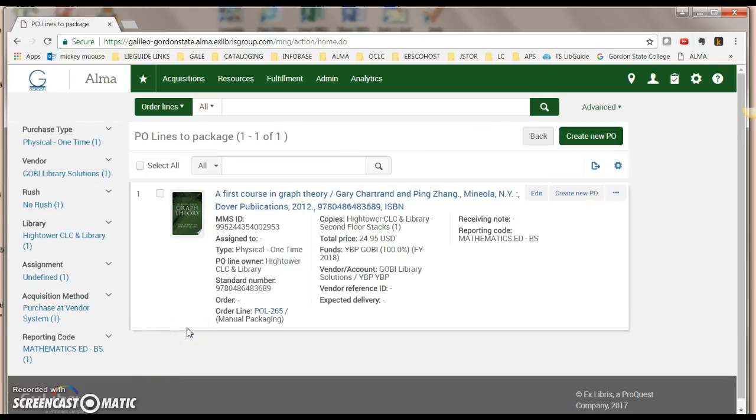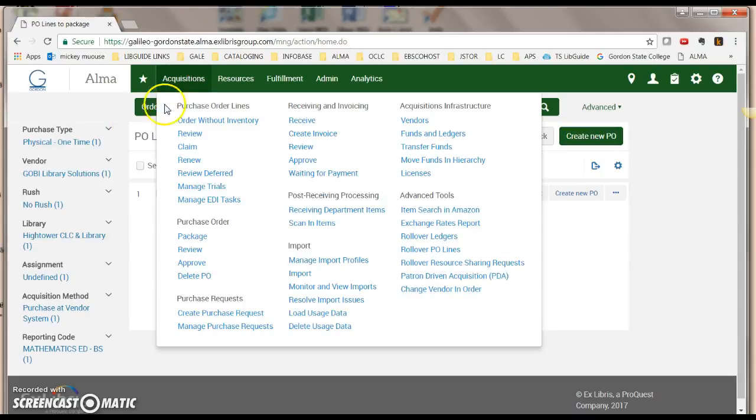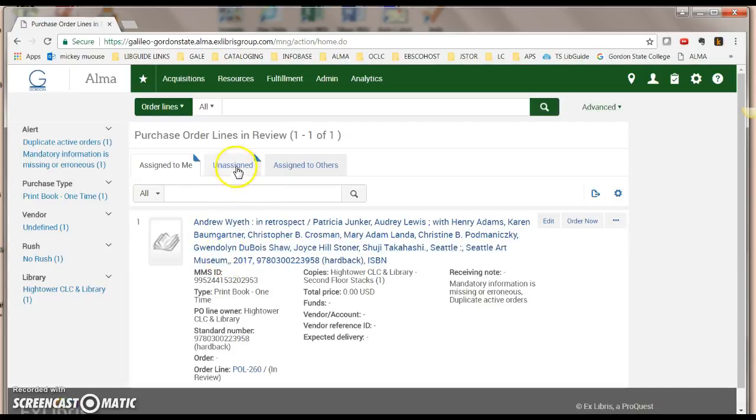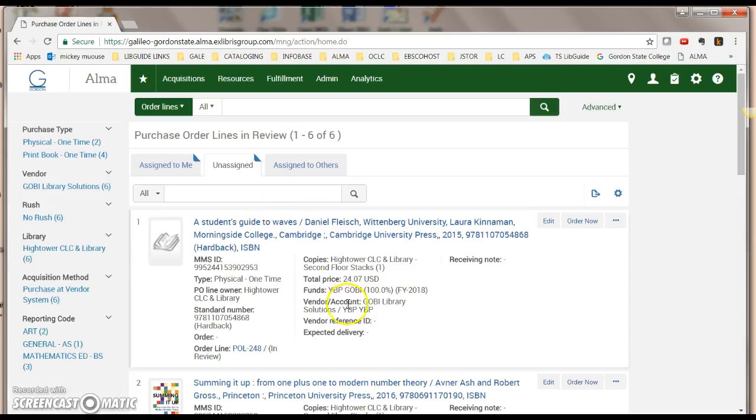Okay, so what I want to do is take all of those purchase order lines that I removed from the purchase order that I just deleted and put them into the status of manual packaging, so we can repackage these onto a PO. And so what I had just done with this title was I went to purchase order lines review. I was on the unassigned page, and